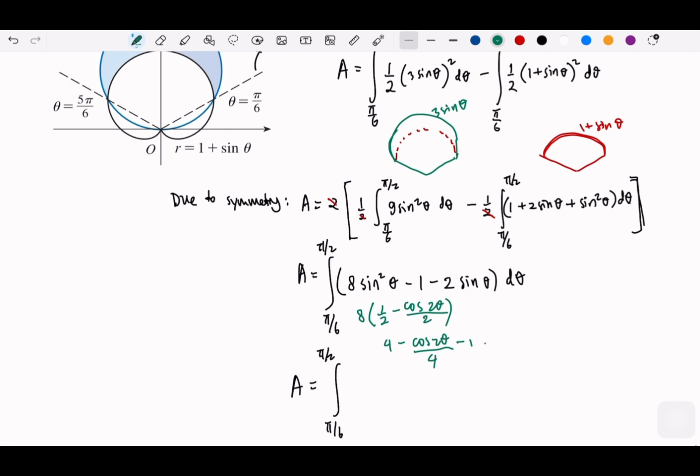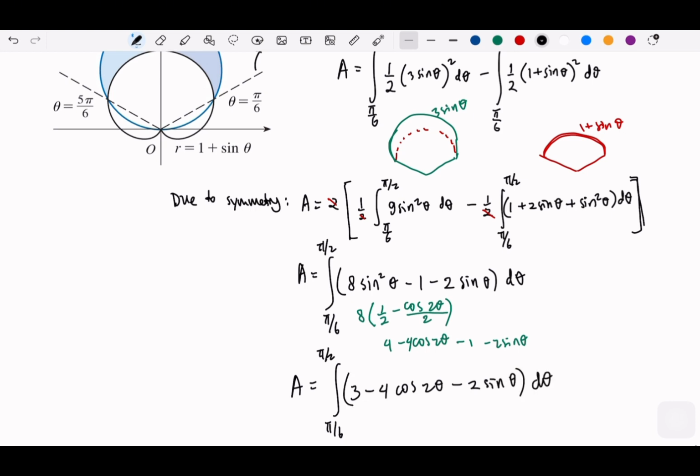So minus 1 minus 2 sine theta. So this will be 3. Hey, why am I writing 4 down here? It should be here. So minus 4 cosine 2 theta minus 2 sine theta